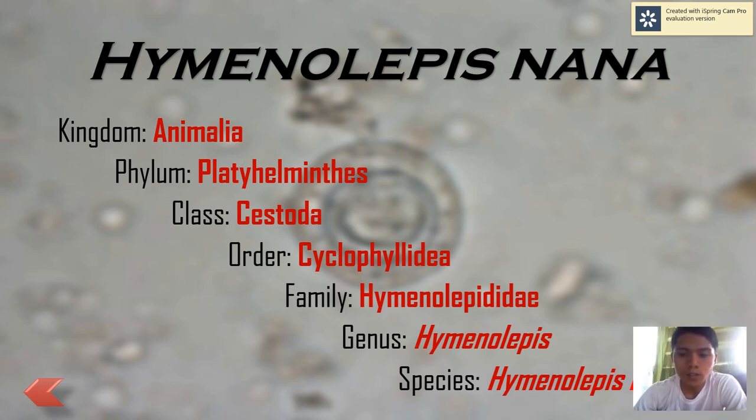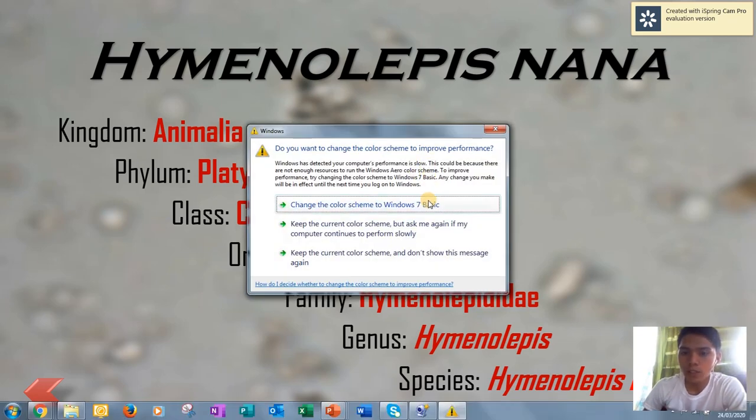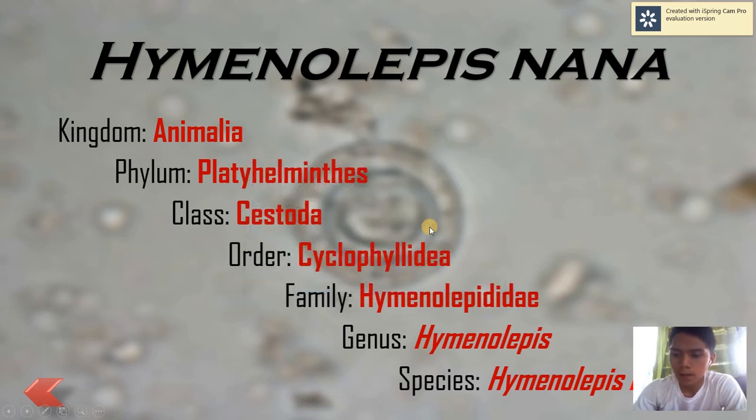So its genus is Hymenolepis. Now, Hymenolepis species. There are many Hymenolepis species that have been discovered by the authorities. There are roughly 400 species, and among those 400 species, there are only 2 species that are parasites of interest, namely Hymenolepis nana and diminuta. Now, Hymenolepis nana is a human parasite. Now, take note, it is a human parasite compared to diminuta, which infects the rats primarily. So, Hymenolepis nana is a cestode that infects humans, and it is called dwarf tapeworm